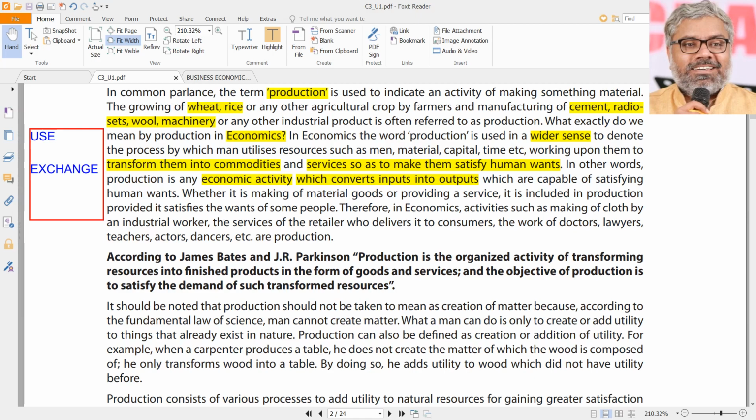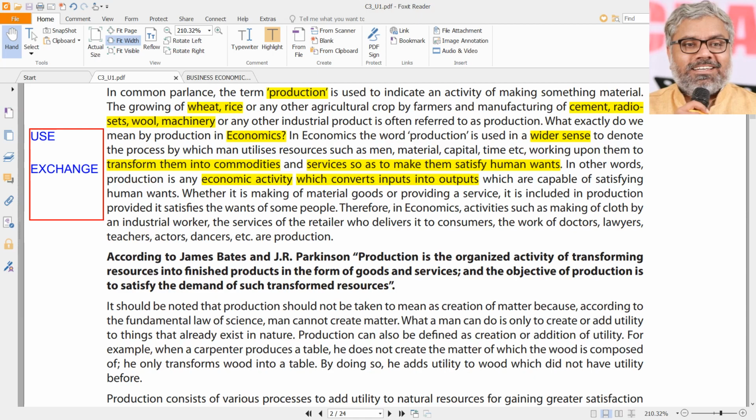So whenever we say economic activity, we have to understand that very clearly. Economic activity is that which creates not only use value but also exchange value. Use value is not important in economics. Exchange value matters. But in life, what matters definitely is our choice. Sometimes some people are more fascinated towards exchange value. Some people are more fascinated towards use value. There will always be all kinds of people.